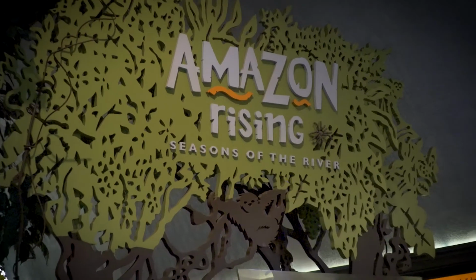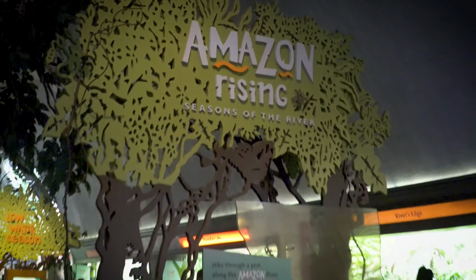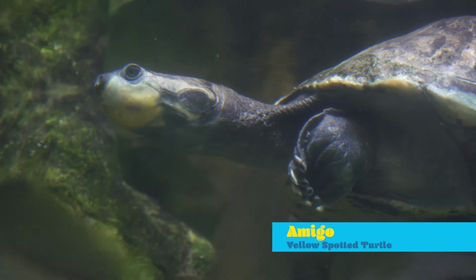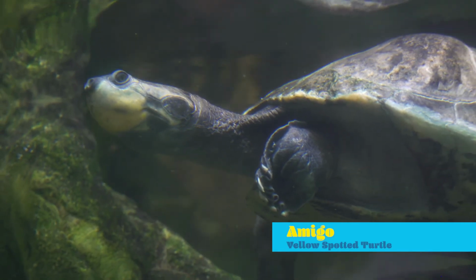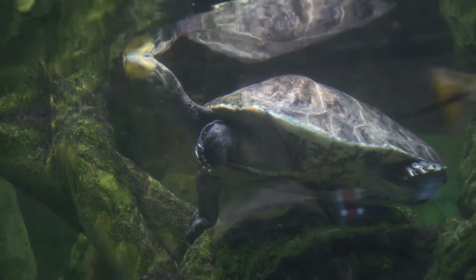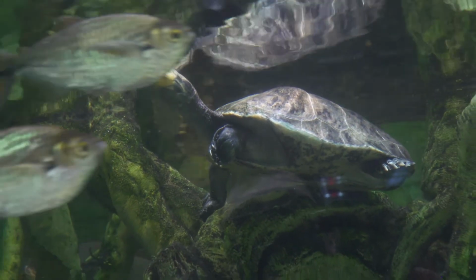So Amigo is actually the oldest animal that we have here at the aquarium, 60 years old now. He first arrived back in 1973, so that's an estimated age, but still quite old. He was actually a donation back in 1973. A lot of turtles are born quite small, and people don't realize how big they can get, so you kind of saw how big Amigo is. Oftentimes you don't plan for having that sort of space, so I would assume that's probably why they donated